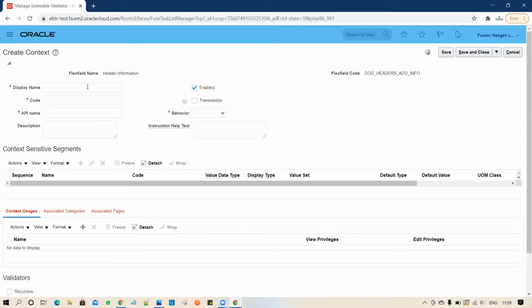Now to create, you have to first enter the context name. Context means the header. So let's suppose I am adding here Sales Channel. Now the code will be automatically generated and the API will be automatically generated. Now for the description, you can add the same description,